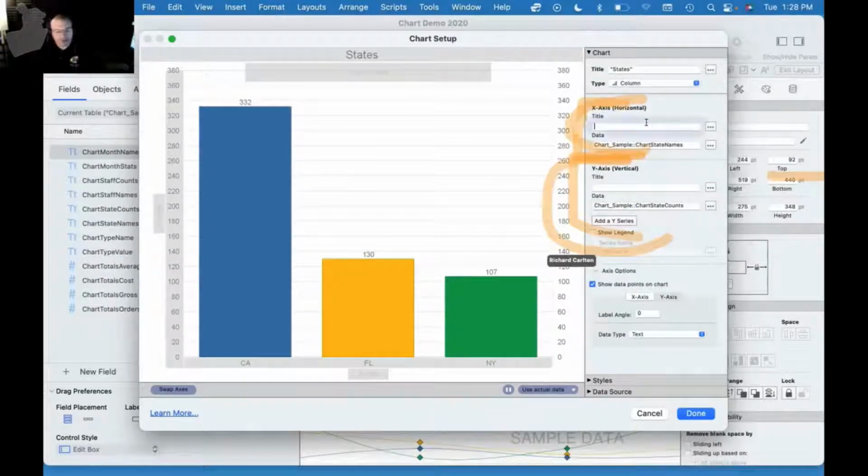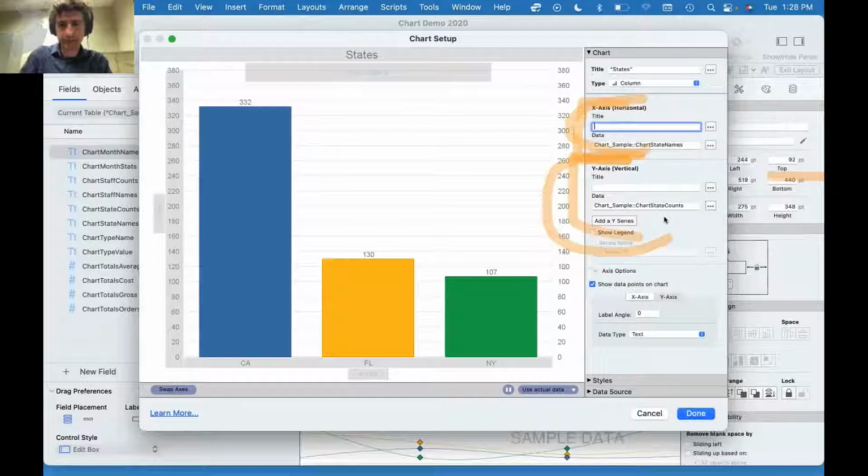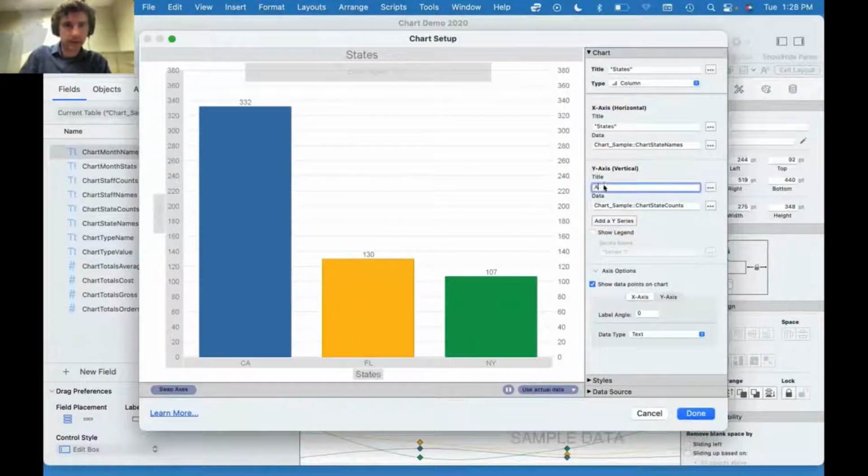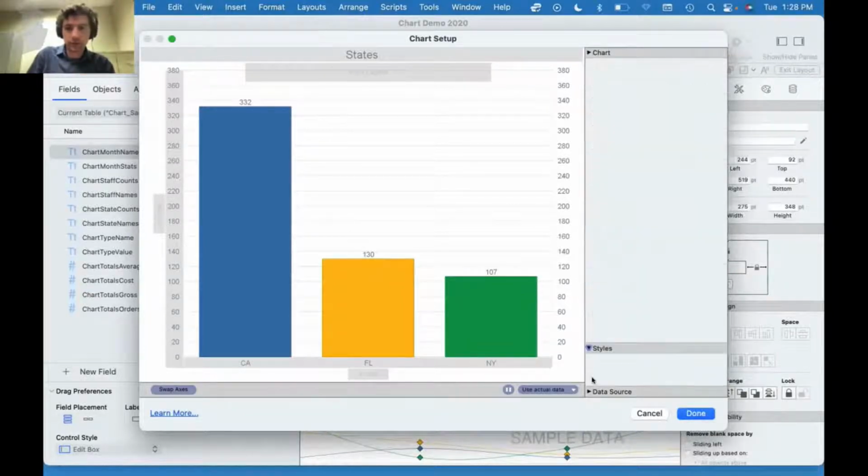Very important. Okay. And we could put titles in here and say states and amounts, and you'll see that shows up here and here. But in this case, it's kind of self-explanatory what's going on, so we don't need to label it. So this one's pretty straightforward. You can change styles and